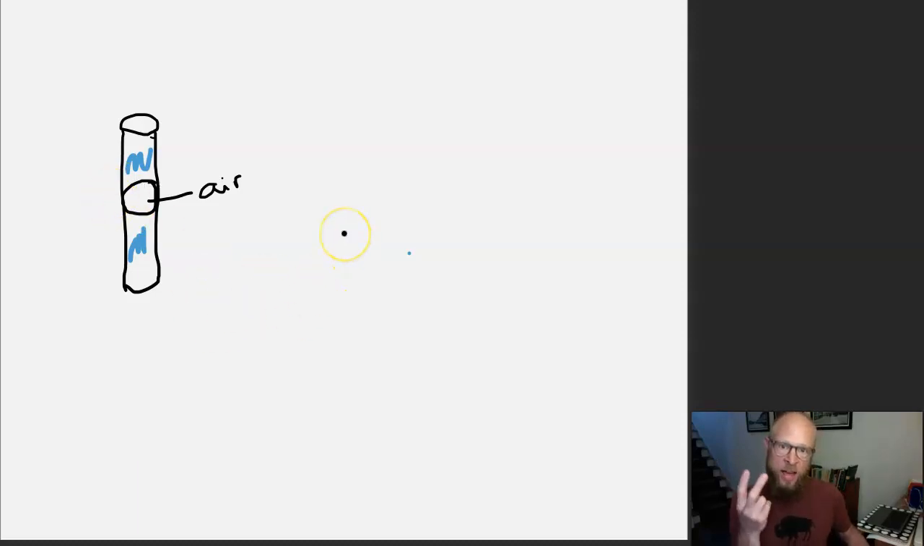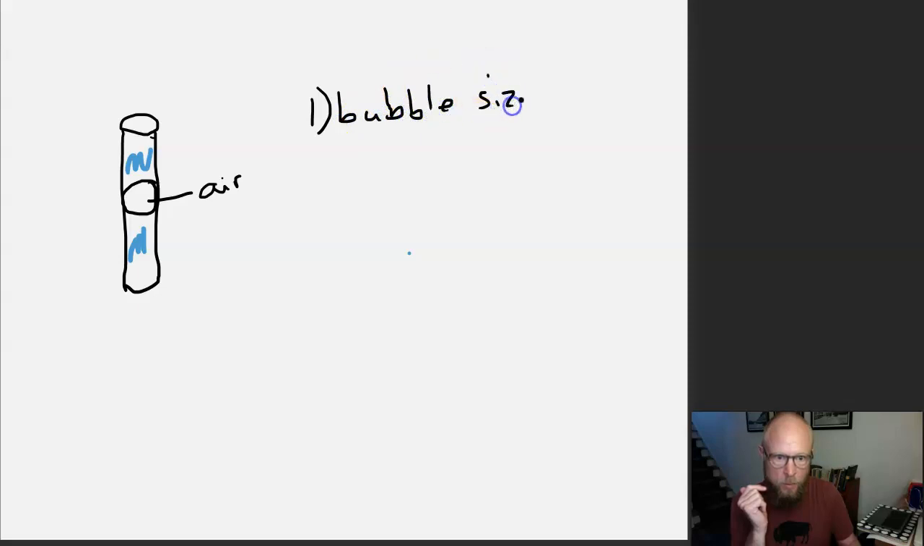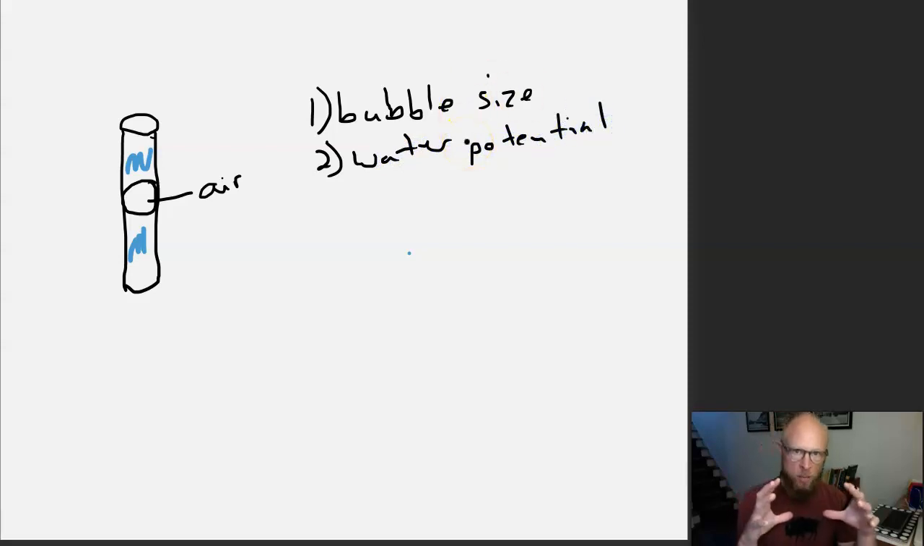There are two things that can lead to an embolism after freezing. One is bubble size, and the second is water potential. Okay? The larger the bubble, the harder it is to get back into water. The more negative the water potential, the less likely the air is going to dissolve back into water. Okay? So if you have, let's draw two